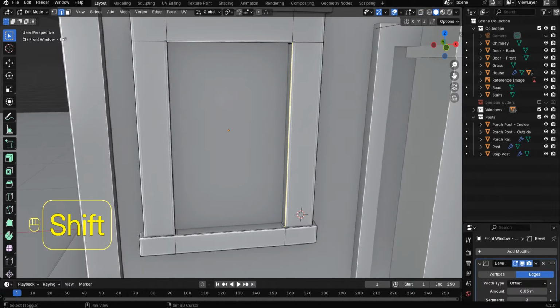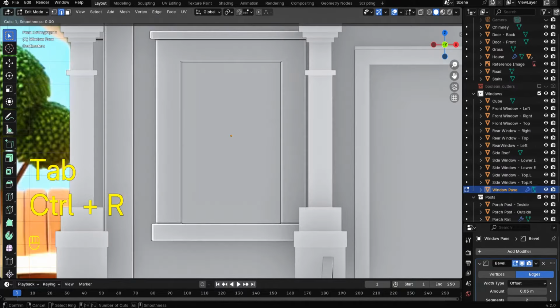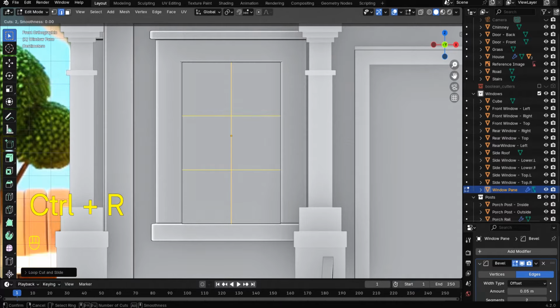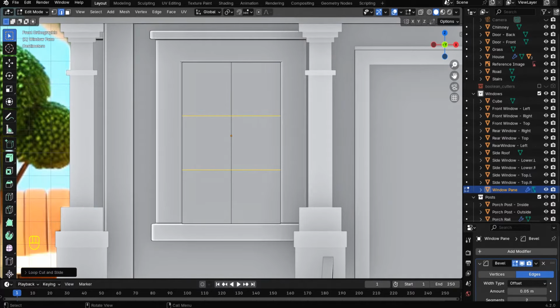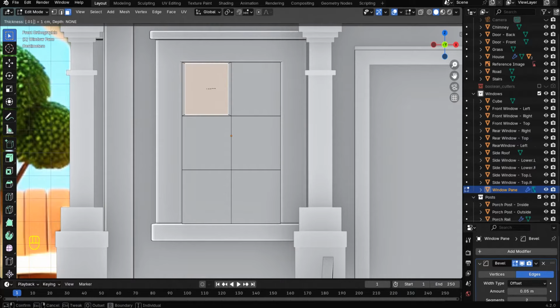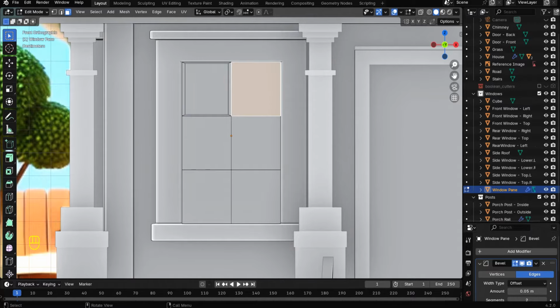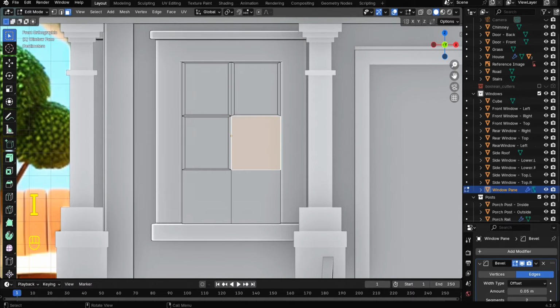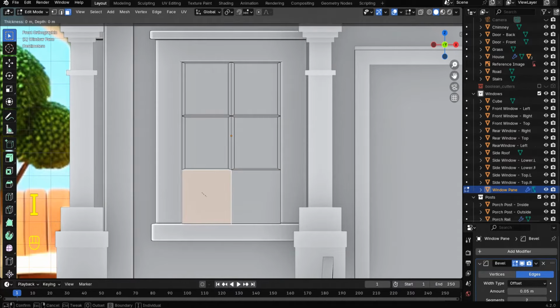Okay, now let's get our window going. So I'm going to select these edges around our window frame and hit F to create a face. And then I'll make a loop cut right down the middle, and then a few loop cuts broadside to create our window panes. Okay, and then I'm just going to hit Inset, and then something tiny. You can hit I.01 or I.02 and do the same for each individual box. I think I'm doing 0.01 or 0.02. That's not showing up. And this is going to inset it a very tiny amount, but just enough to create these, which will be the window panes